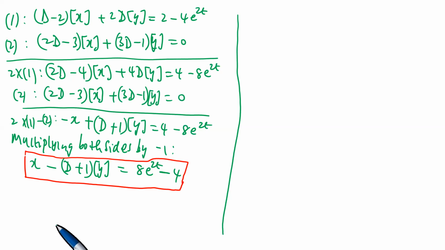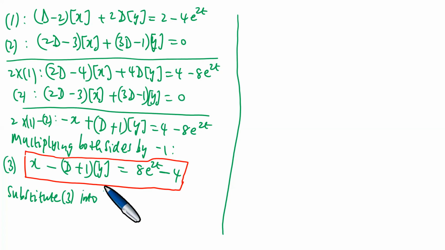We can substitute into any of them, preferably the very first one, like we did before. So we can give this one a name and call it 3. And then we'll proceed to say substitute 3